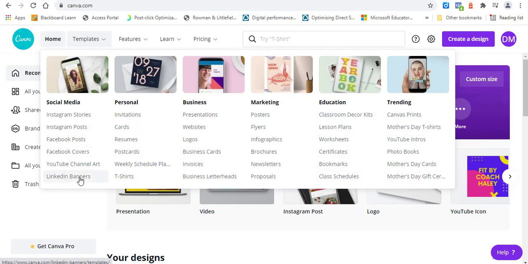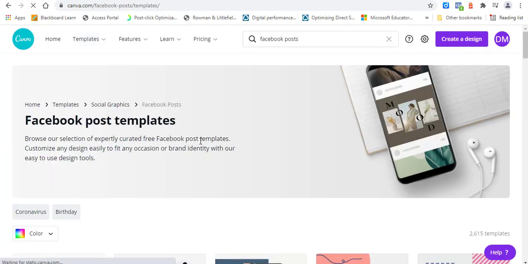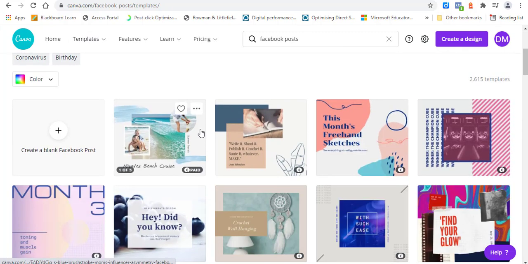So I'm just going to look specifically here at these ones here. So let's take a look at doing a Facebook post to start off with. So I'm going to click on Facebook posts. I'll wait a few seconds. Okay, and then when I scroll down, I can see all of these are possible layouts that I